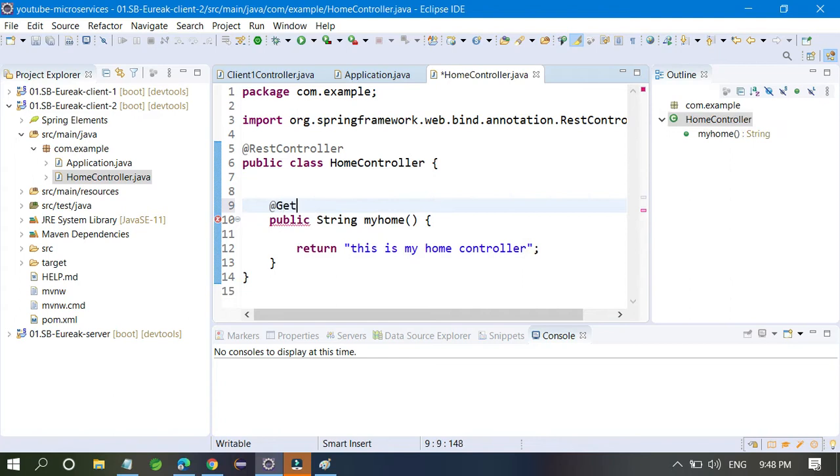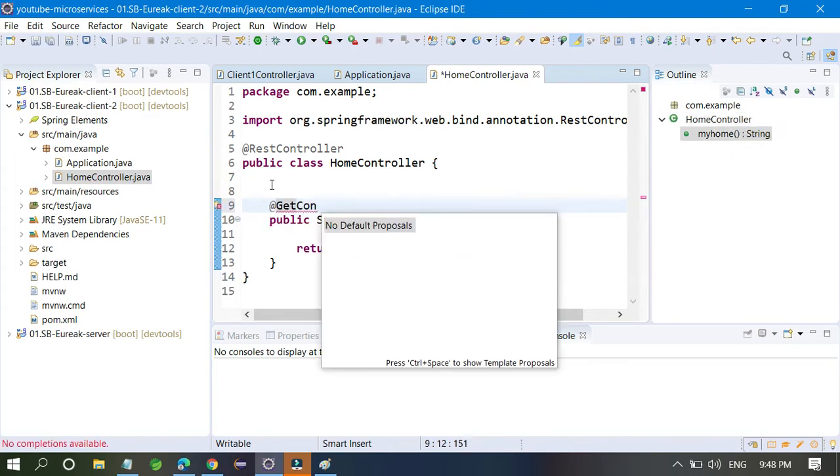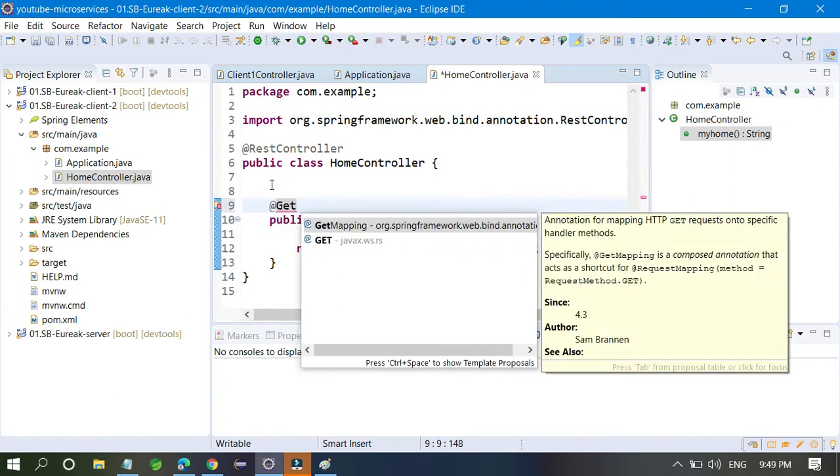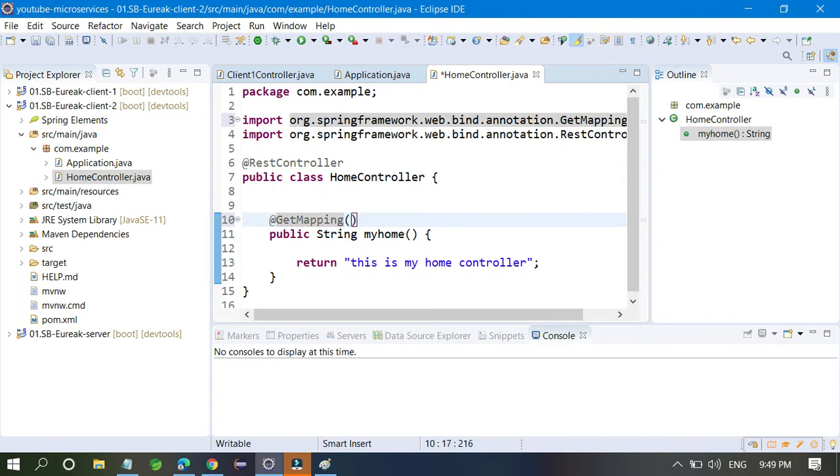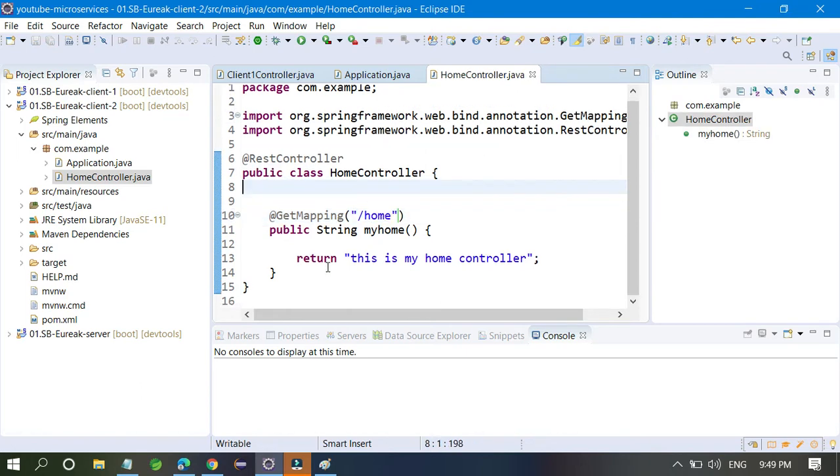Make this a GET mapping, annotated with /home. That's it. So this is the one controller for you, annotated with home.